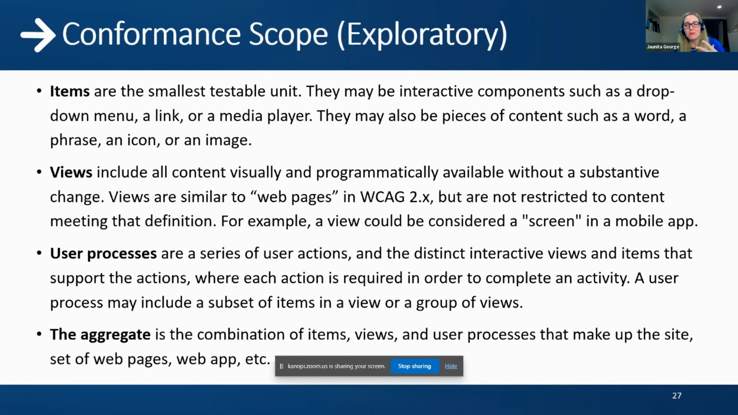So that means more like adding an item to a shopping cart. The user process may include a subset of items in a view or group of views. So you can actually have multiple pages when you add something to a shopping cart and then move through the checkout process. But the whole thing together is a user process, because you're taking the action of making a purchase. Then you have the aggregate, which is a combination of items, views, and user processes that make up a set of web pages, website,